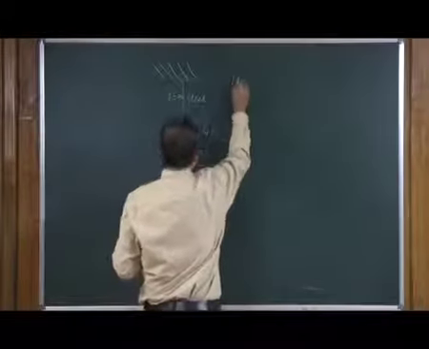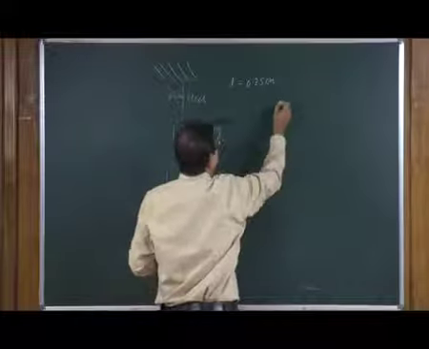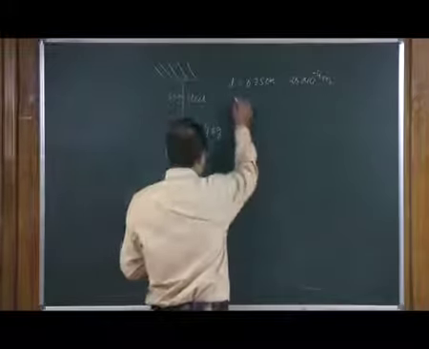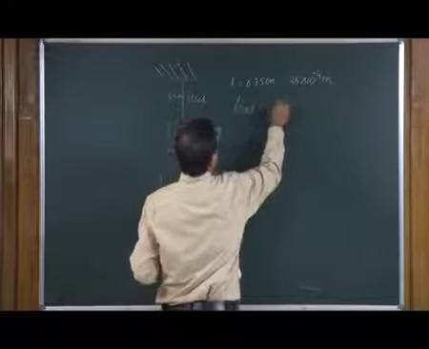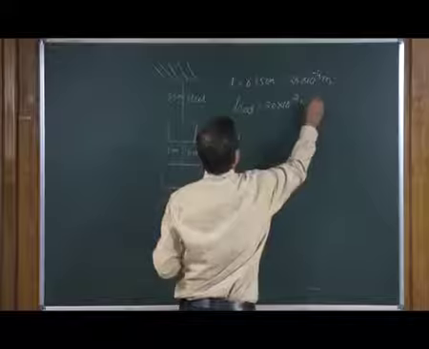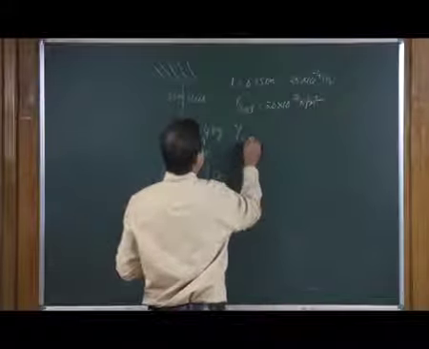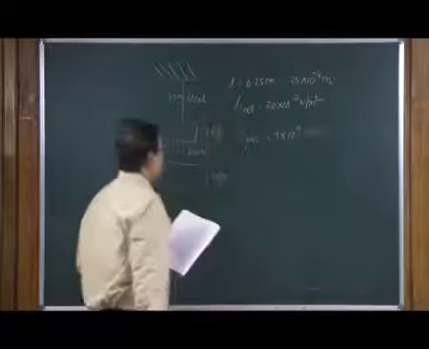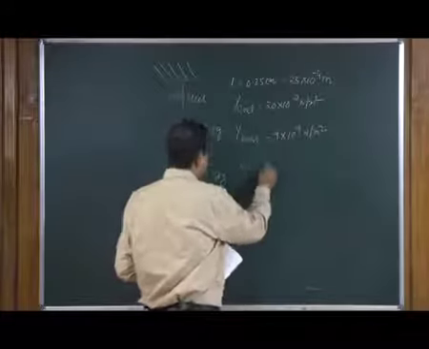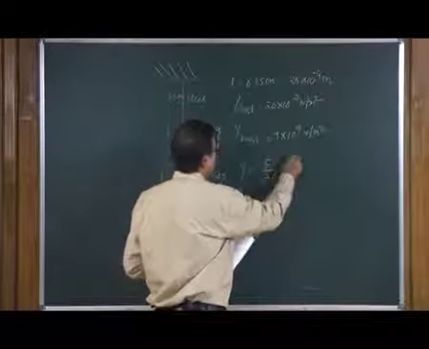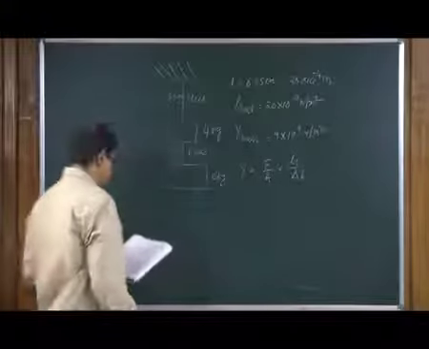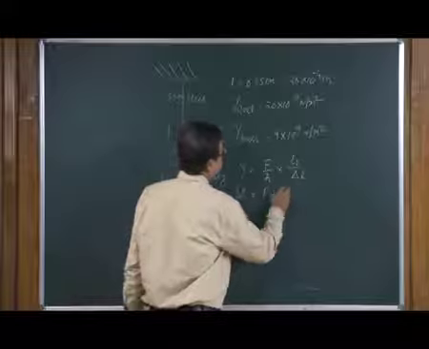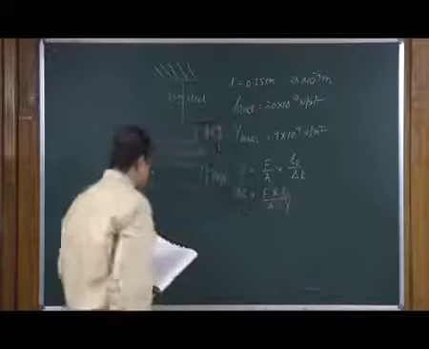The diameter of both are 0.25 centimeter, which is equal to 25 into 10 to the power minus 4 meter. Y of steel is equal to 20 into 10 to the power 10 Newton per meter square. Y for brass is 9 into 10 to the power 10 Newton per meter square. So, we shall use this formula which is well known to us. It is stress divided by the strain. So, the extensions are going to be computed as F into L 0 divided by A into Y, and hence